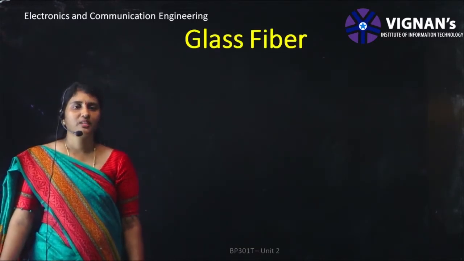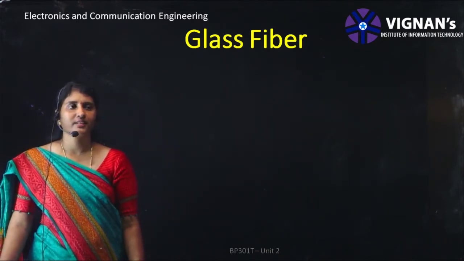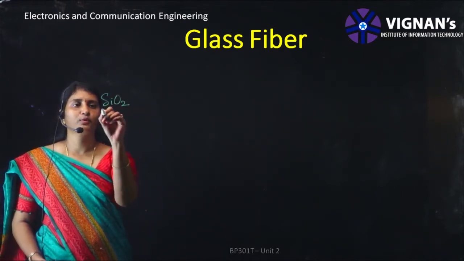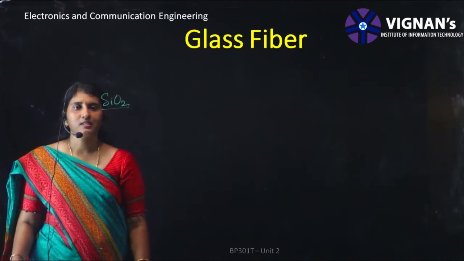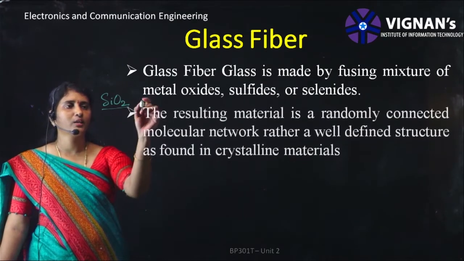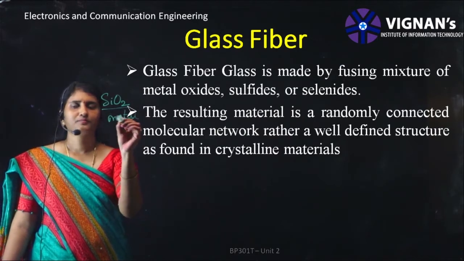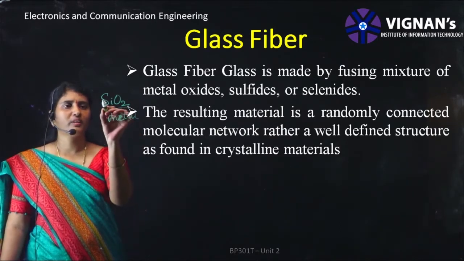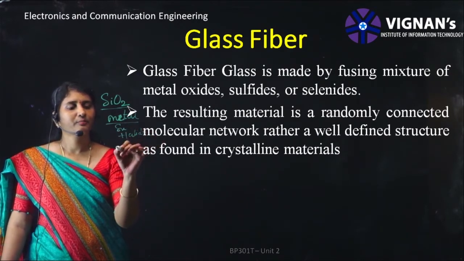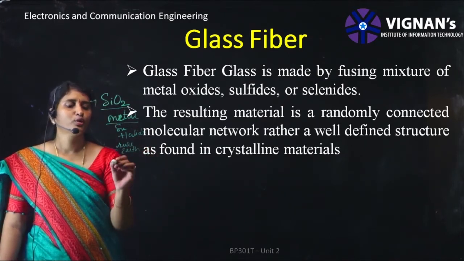Coming to glass fibers, they are mixtures of various oxides and sulfides, metal oxides it can be. Generally, as I have already told you, the glass raw material is SiO2, that is the silica or silicate. It is the main raw material. Along with this silica, we can use any type of metal in combination, and the resulting material is a combination of this silica with any metal, or sulfides, halides, and some rare earth metals can also be mixed with SiO2 to form a glass molecule.